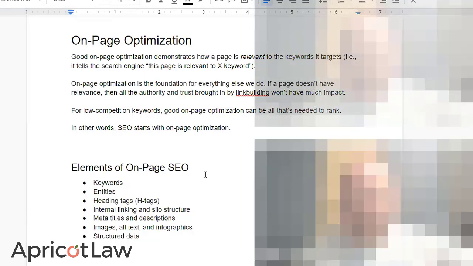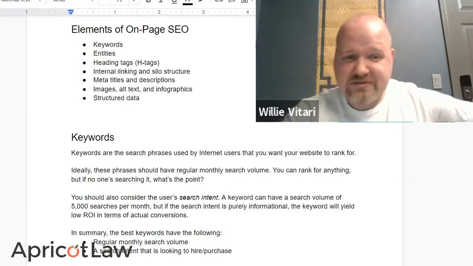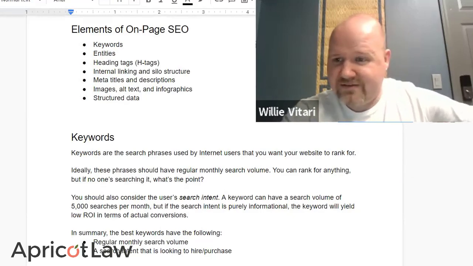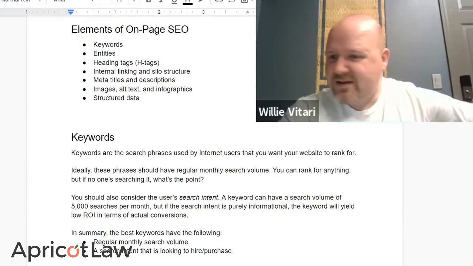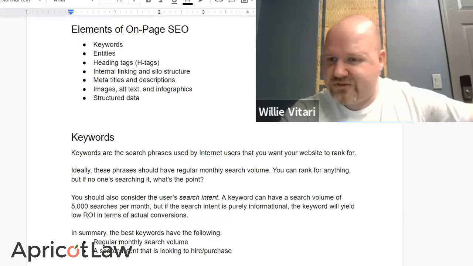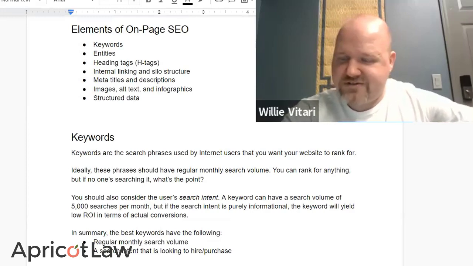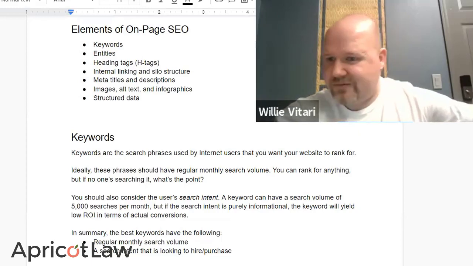Now, as far as on-page SEO goes, what we're going to be doing in this series, we're going to be covering keywords. That's going to be today, keywords and keyword research. Next week, we're going to be going into entity SEO. This is kind of a new thing in SEO. It's something that we're starting to explore and revamp our on-page strategy to be more oriented toward. It's kind of the natural evolution of being keyword focused. It's just the next step, basically.